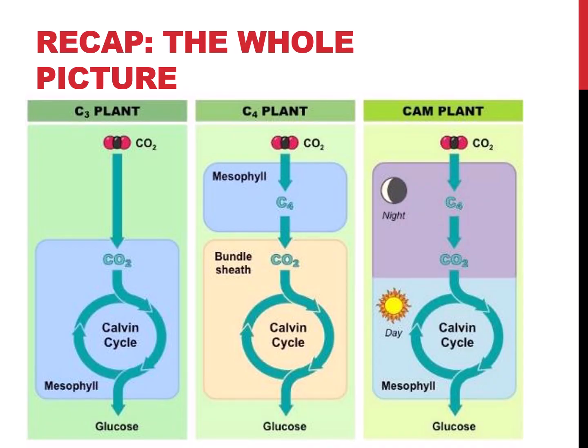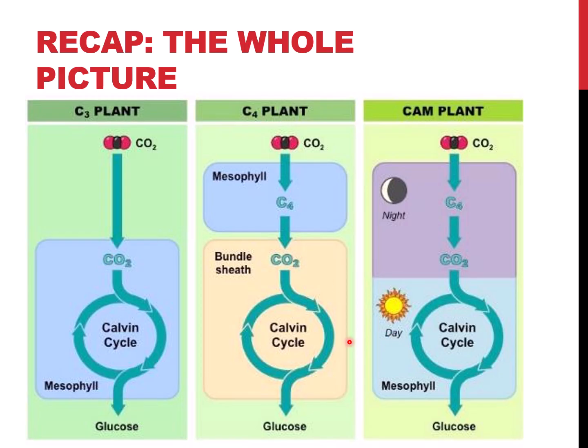Now we also looked at C3, C4, and CAM plants in the last video. All right. So we looked at the differences between different plants and how they photosynthesize so that it's effective. Why do we do that? Because this carbon cycle here has an enzyme in it called rubisco, which is highly affected by temperature. Okay, remembering the 'co' on rubisco is carboxylase/oxygenase, meaning it can work with carbons or can also work